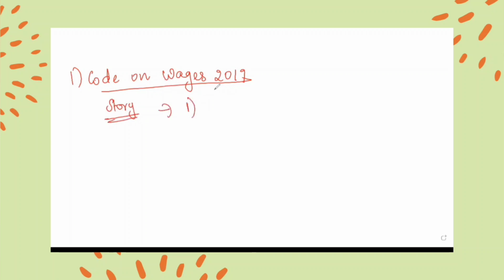The first one under the Code on Wages would be that if you are a working person, if you are working in any organization or any factory, all you need basically is for your work are the wages. So to begin with, there is wages. Okay. So the wages should be at least of the bare minimum standard for whatever work you're doing. So the next one would be the minimum wages. And the third act in order for you to remember is there is wages you're working for. There is minimum wages also quoted.